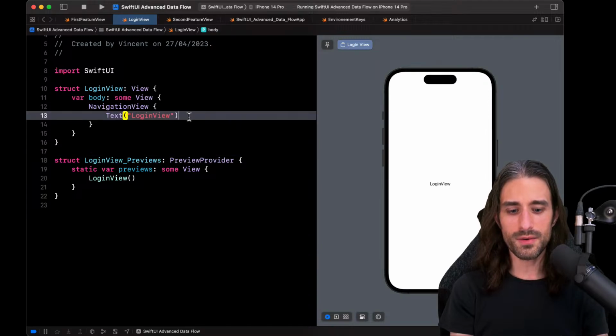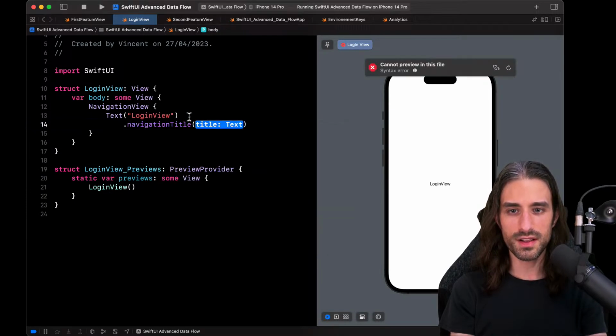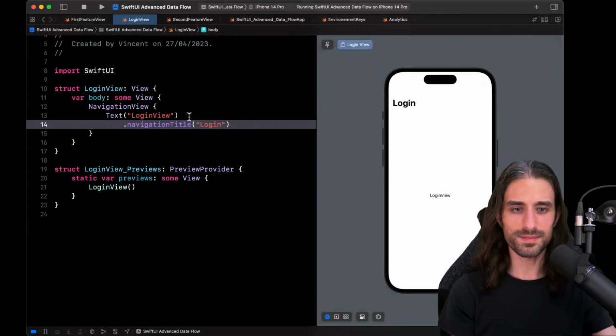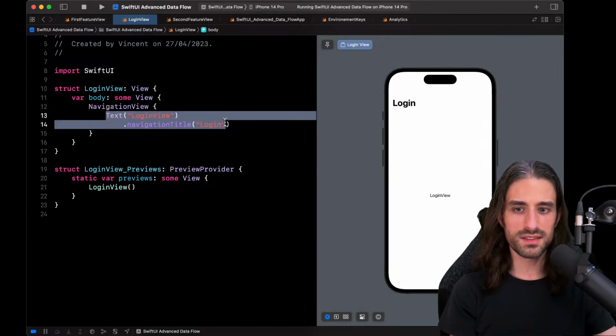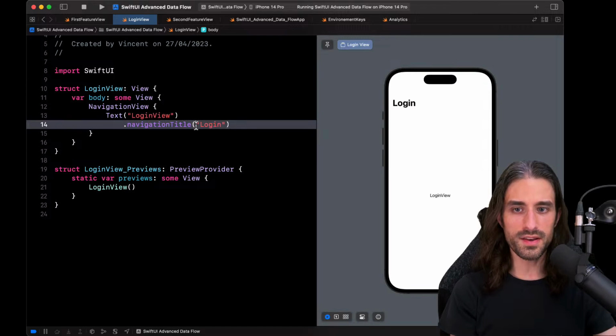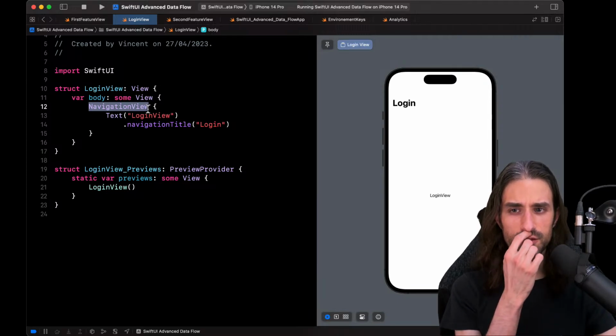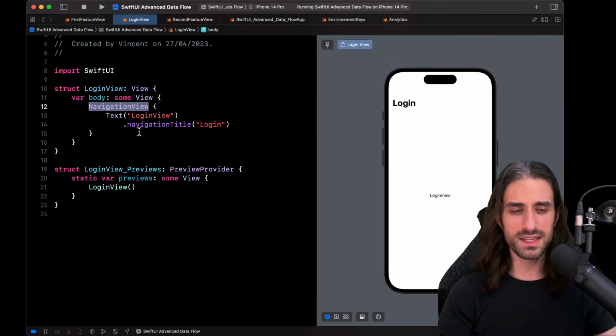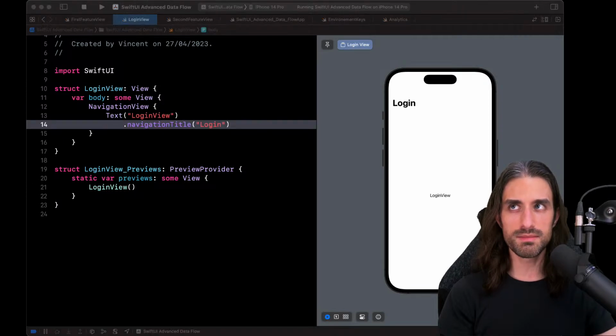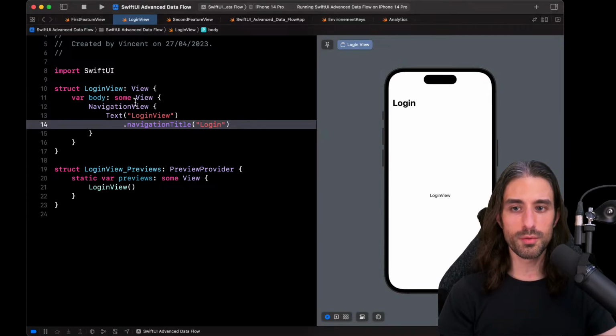All right. And now, remember this modifier, navigation title. You can see that I'm calling it on a child view, but the value I set on the child view is somehow consumed by the parent view, by the navigation view. So what we're going to do is try and basically implement the same mechanism. We're going to try and re-implement this mechanism of passing data from a child view to a parent view